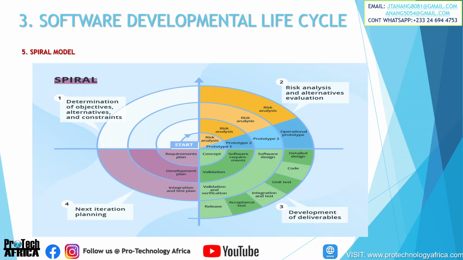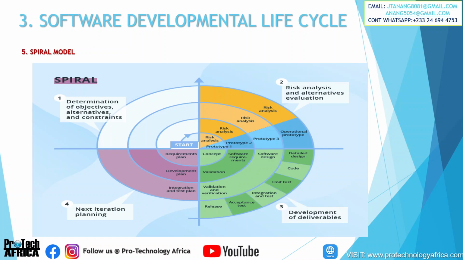And then from there, we come to the next phase, that is the third quadrant, where we could consider, let's say, the concept of the prototype that has been developed. And then we move on to the requirement plan. Again, we come to the requirement plan, and then we move on to another spiral where we have the risk analysis, we have the prototype 2, we have the software requirement, we have evaluation, and then we have the development plan. And that would also lead us into the third quadrant where we have the risk analysis, we have the prototype 3, we have the software design, we have the evaluation and verification, and then we come out with the